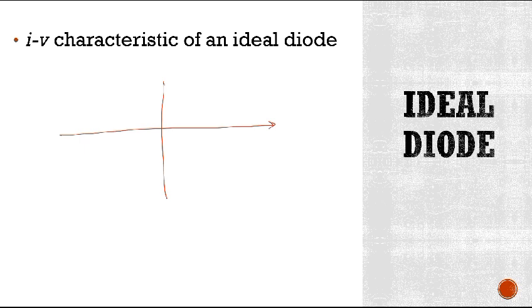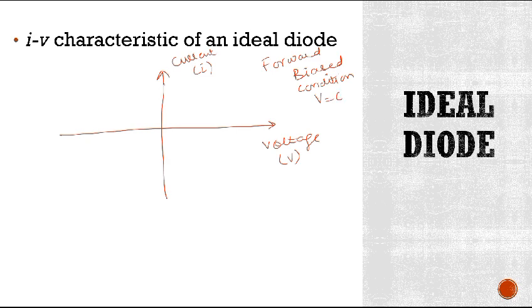Here this horizontal axis is representing voltage or V and this vertical axis is representing current or I. We know that in forward biased condition V is equal to 0 and I is maximum. So how are you going to draw this condition on this graph? It is drawn something like